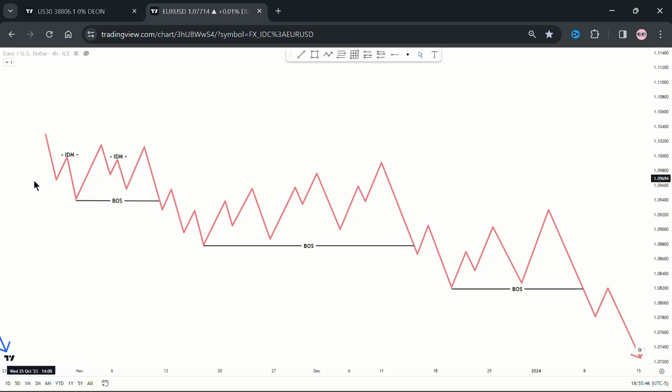Not the main time frame, the bias time frame. So we are still saying this is the 4-hour time frame. On the 4-hour chart, your inducement was here. But then when you go down to your 15-minute time frame, you see